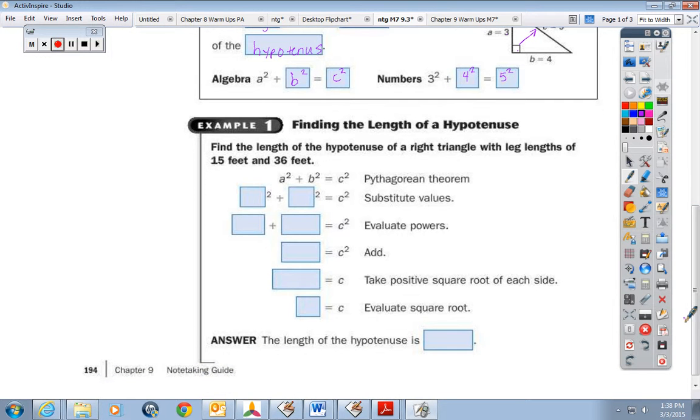So on example 1, it says find the length of the hypotenuse of a right triangle that has leg lengths of 15 and 36. So since they gave us the legs, those are both A and B. It doesn't matter if you do 15 squared plus 36 squared or 36 squared plus 15 squared. I'm just going to do it in order from left to right. So what they're saying is that if I take 15